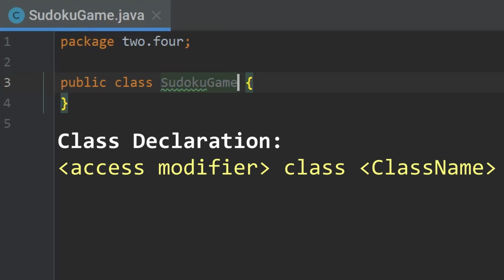As you can see, we already have a basic class declaration here, which includes an access modifier, public, which we will discuss later, and the name of our class, which corresponds to the file name. Now, it is important to understand that I figured out the structure of this class ahead of time using techniques that I will teach you in part 5.